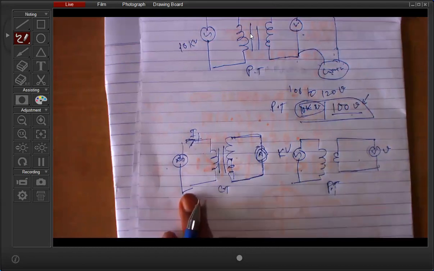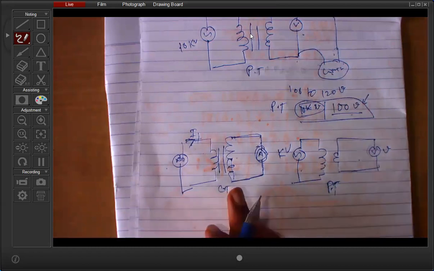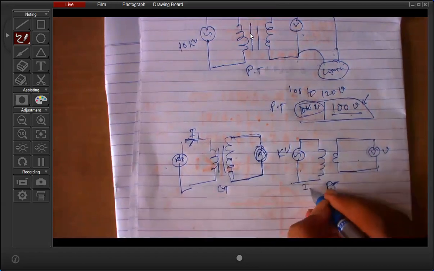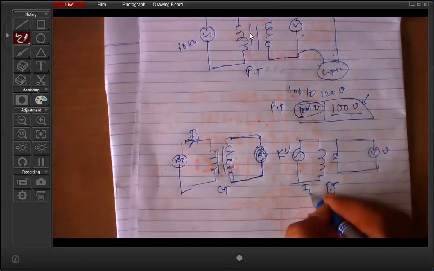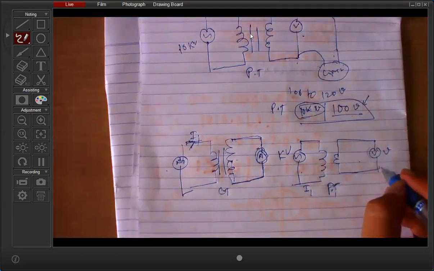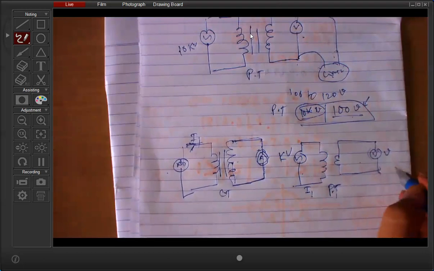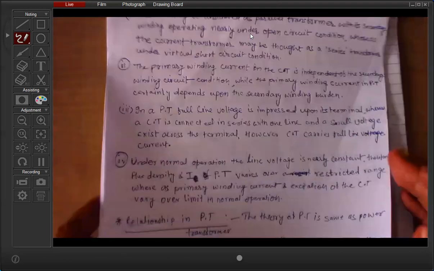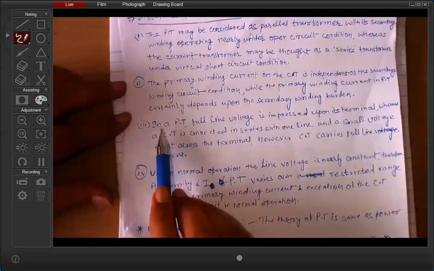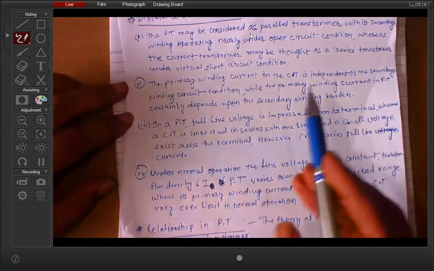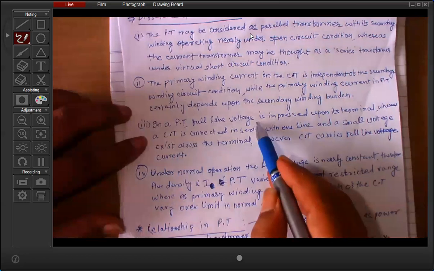Okay, so the primary winding current in the current transformer is independent of the secondary winding current, while the primary winding current I1 in the PT depends on the secondary winding load. Okay. And the third difference between the current transformer and potential transformer: